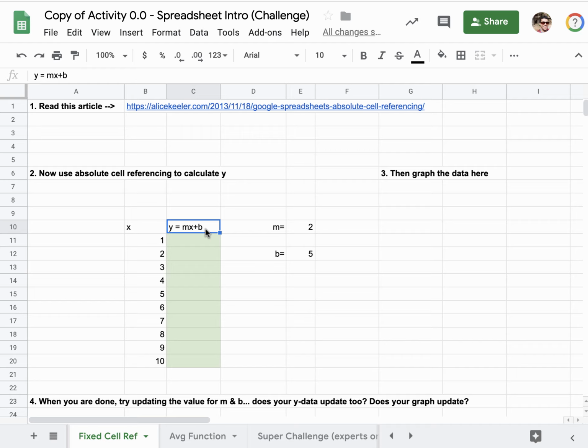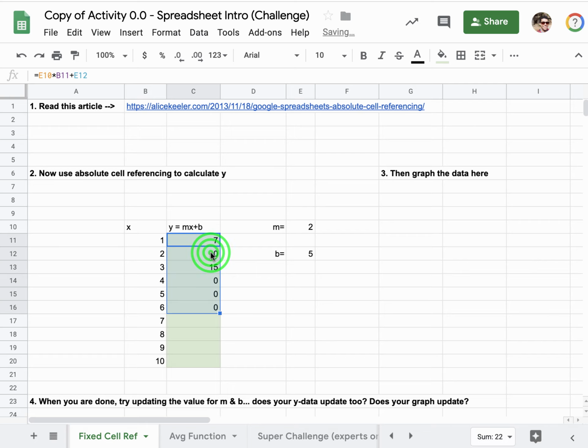Like for example, if I was doing y equals mx plus b, I might want to put my slope over here in this cell so that I can constantly reference it and then be able to change my slope and therefore the way the graph looks. So I'm going to walk you through that. We're going to start by doing equals, and then we'll click on the m, and then I'll say times, and I'll click on my x data, and then I'll say plus, and then I'll click on the b. All right, so I'm going to hit enter, and then if I try and fill this down,